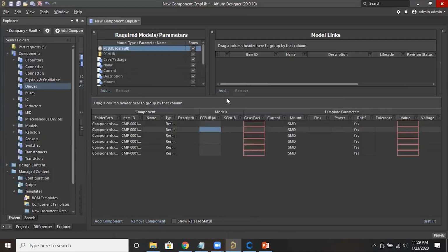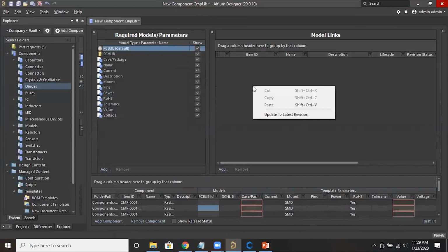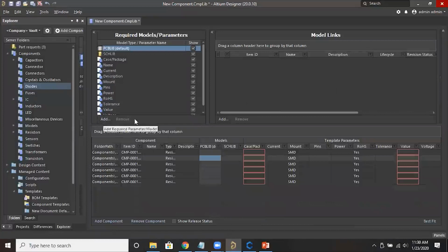Okay, so now I'll just show you here. This is the batch editor.